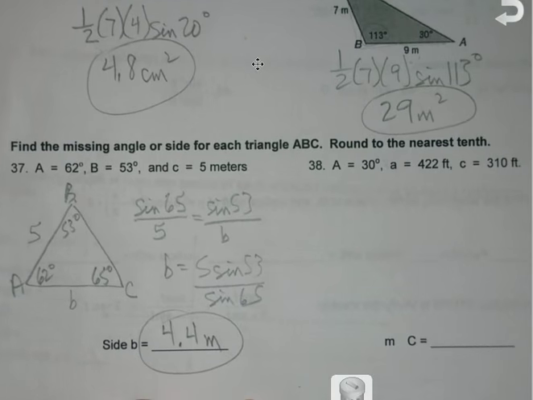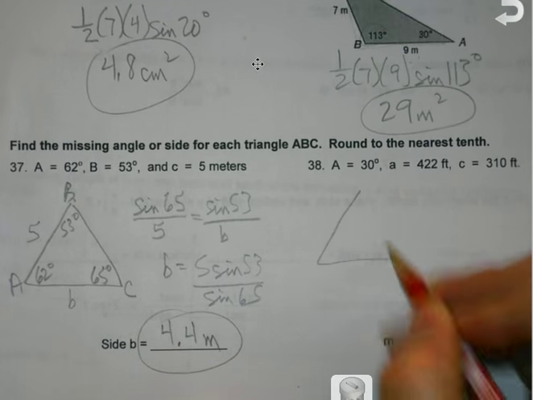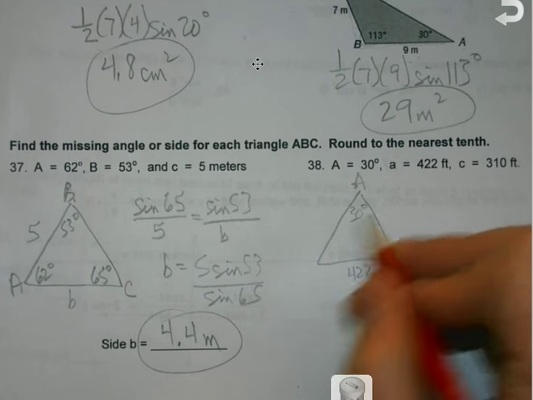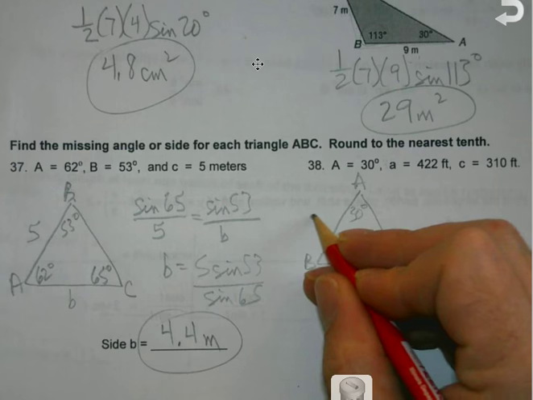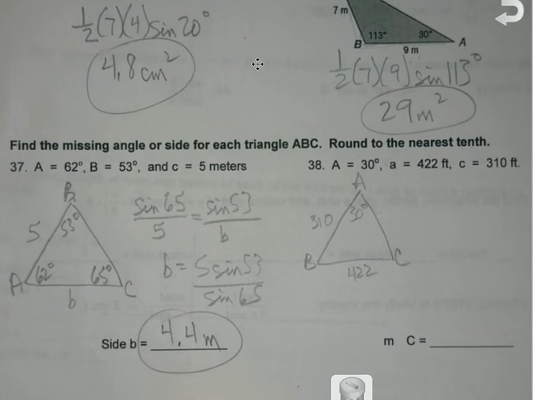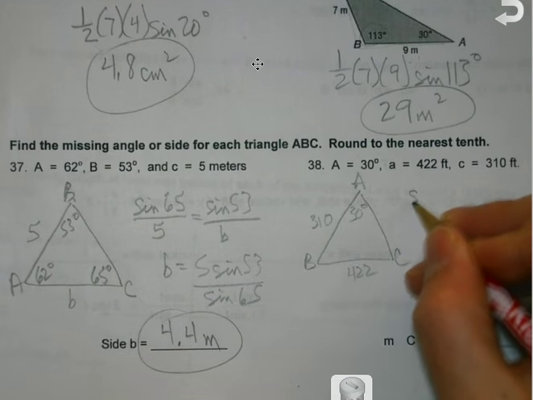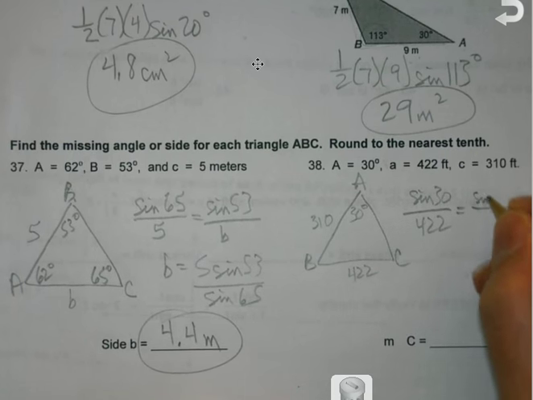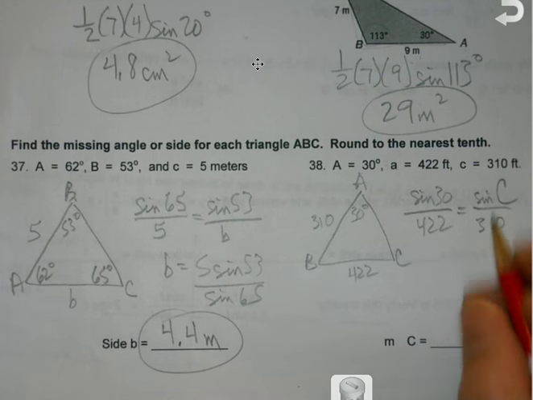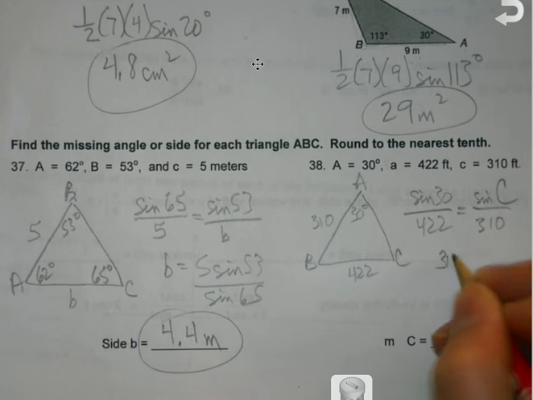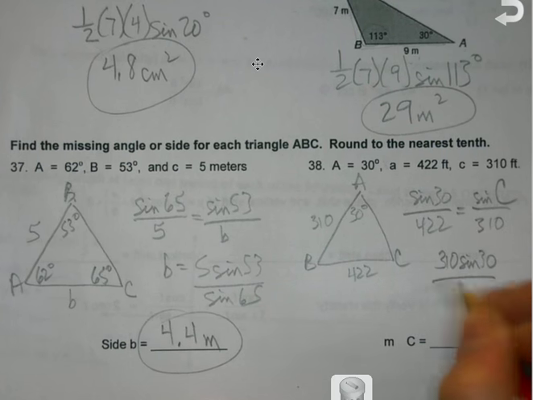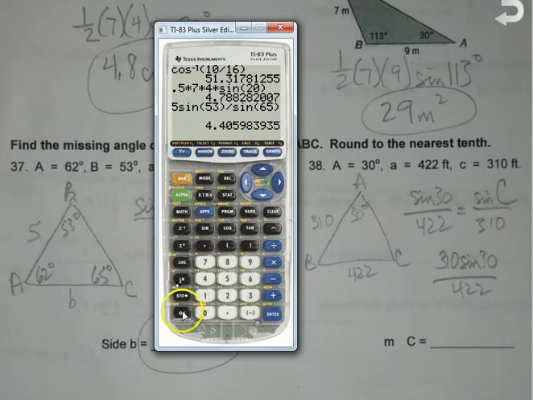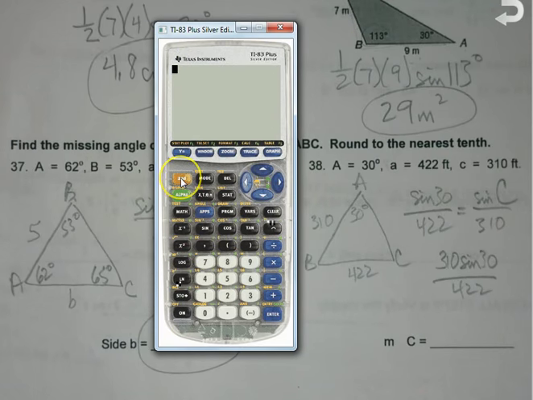And again, when they don't give you triangles, sketch, sketch, sketch. So 30 degrees, 422 feet. C is 310. We want to find angle C. So the sine of 30 over its corresponding side equals the sine of C over 310. Remember, with this one, we're looking for an angle. So when you go to type this in, remember, it's going to be